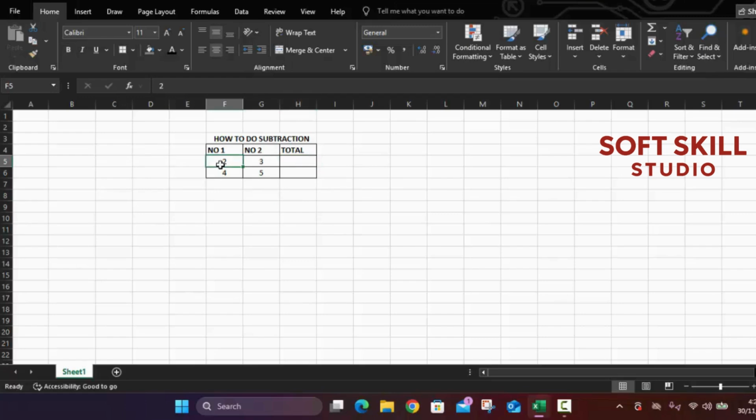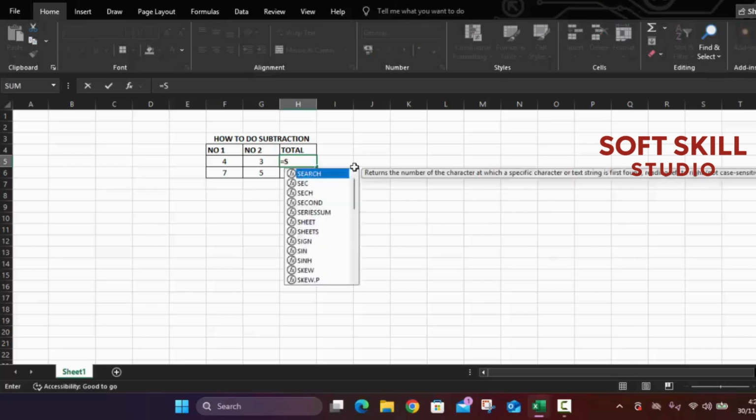I will change this 4 and change this 7. Now we will subtract these numbers. Here, same as before, I have selected this one and written the equal to sign, sum into